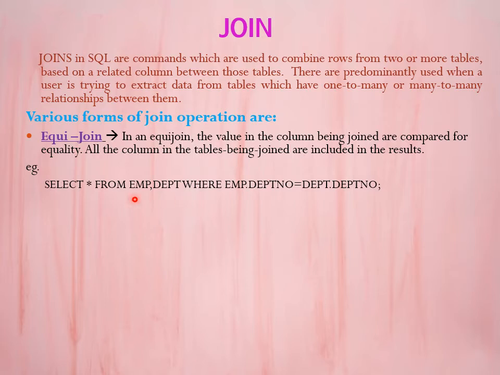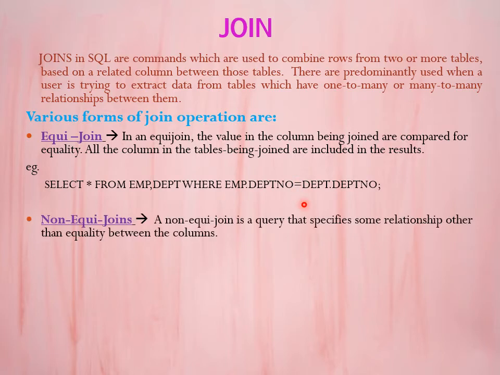So data are joined from these two tables by comparing their equality. So it will show the result, all the details from both tables, including the identical column also.